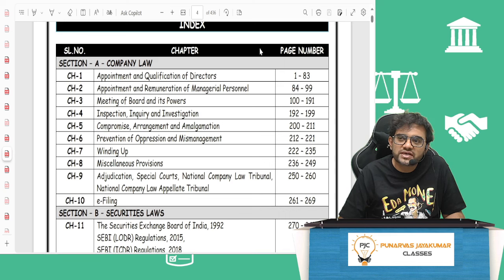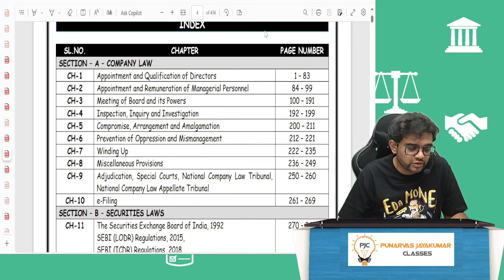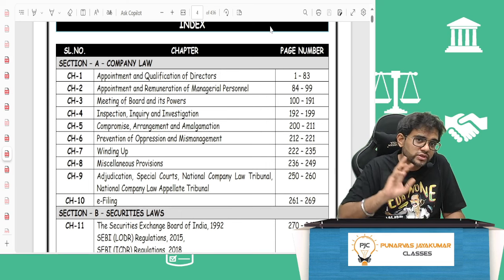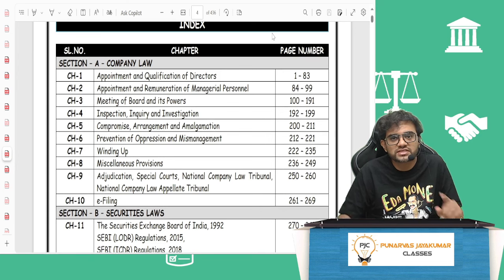Having said that, many students now, after seeing the MTP and other things, are asking me, sir, launch a regular product. So I'll be coming up with SPOM Regular, and whatever is existing will be called SPOM Exam Oriented. The regular one will cater to people who want to understand law in depth, because all these concepts are tested not just in SPOM but also in IBS. Over 40 to 50% of the IBS paper,